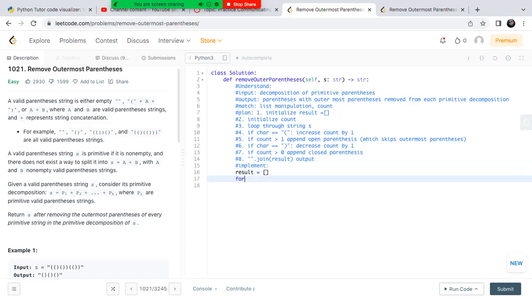and then we have for character in string, if character equals this open parentheses, then we want to increase the count by 1. Oh wait, we have to initialize count first. And then if count is greater than 1, then we want to append the result what character is,